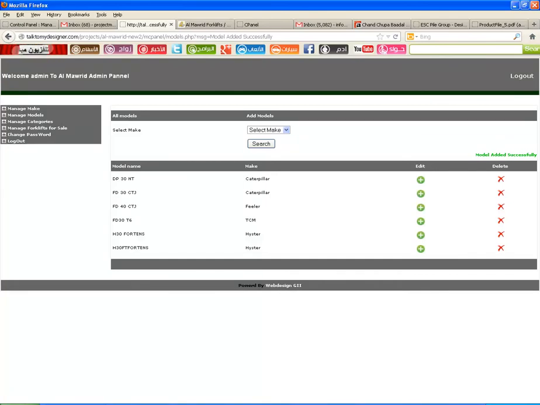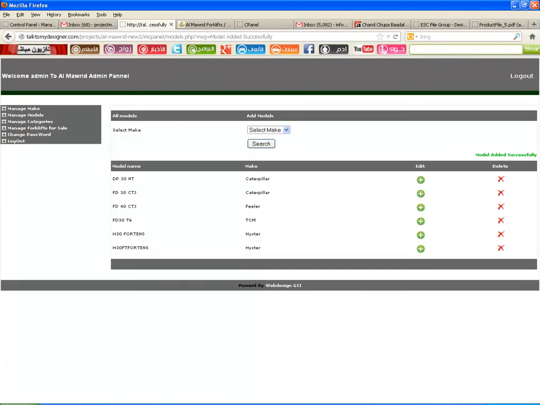Here you can see the model which we have added just now. Like in the make, we can also edit the model here by clicking this plus button, and also we can delete the same model using this red cross button.